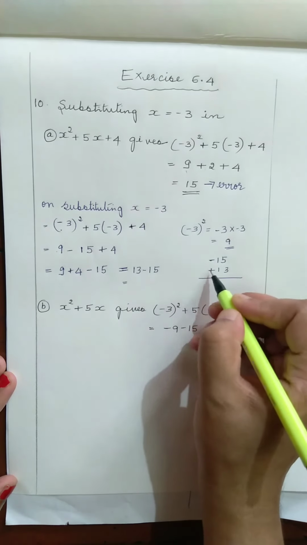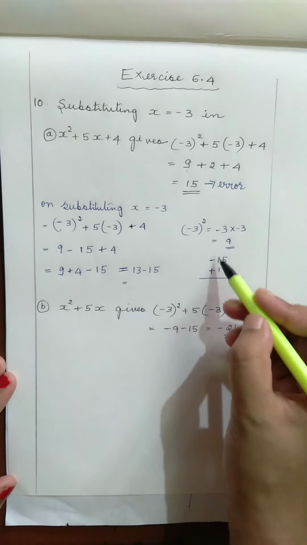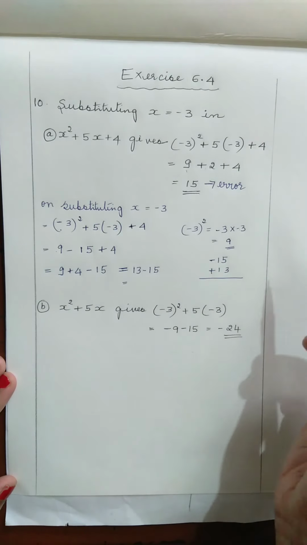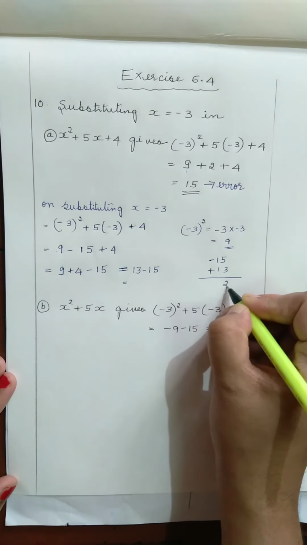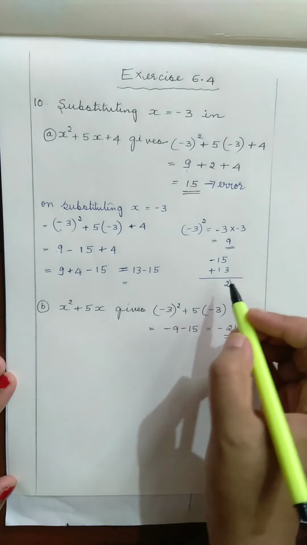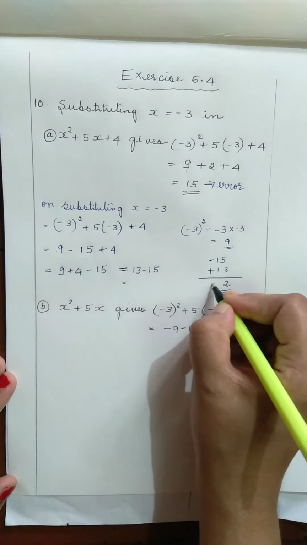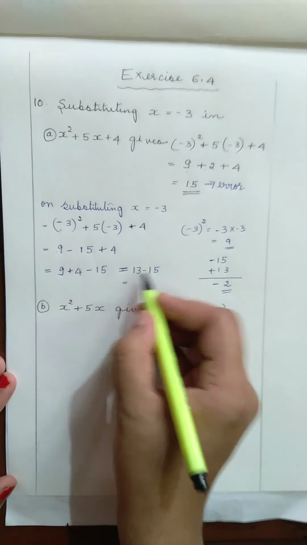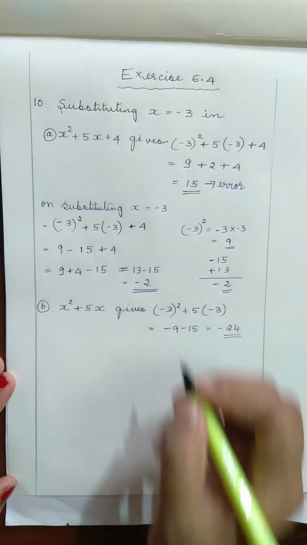So, when you have the different signs, you have to subtract. So on subtracting minus 15 plus 13, we will get 5 minus 3, it is 2, it is 1 minus 1 plus 1, it is 0. Then the sign of the bigger number is minus, so put here minus. Therefore, plus 13 minus 15 will get the answer as minus 2.